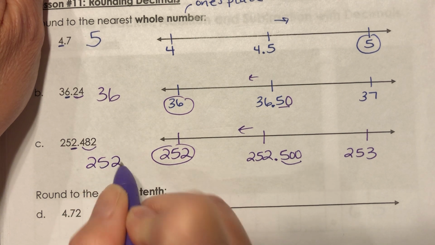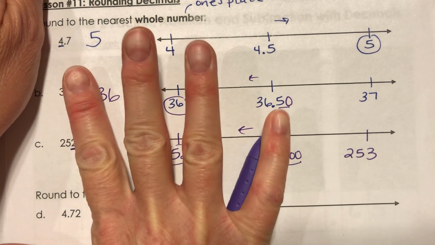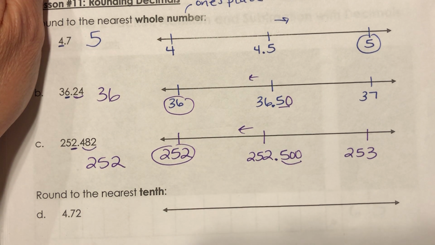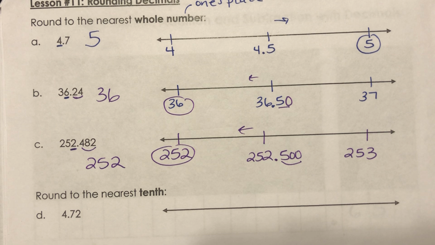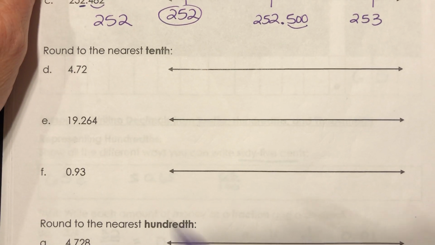So when you're rounding to the nearest whole number, you're looking at the ones place. It's either what you see in front of the decimal point or 1 up from it. And just remember that 0.5, or 5 tenths, is our halfway mark. Okay, the next set I ask you to round to the nearest